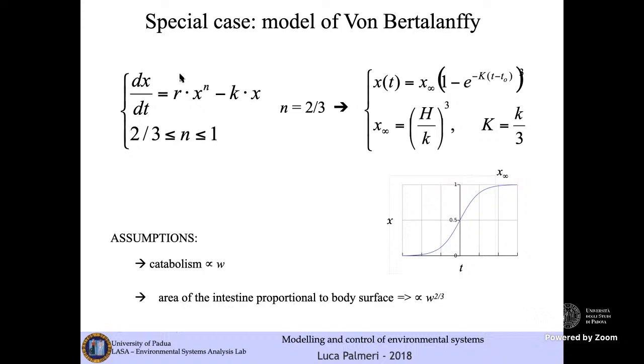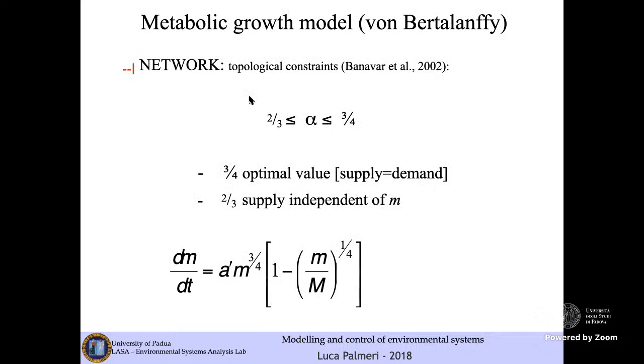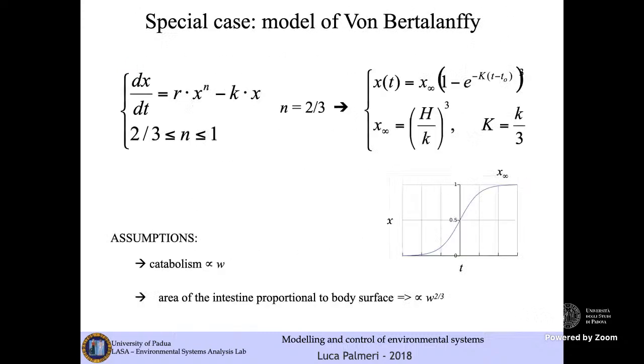In this case, von Bertalanffy recognized that there was a dependency on the state variable x, in particular the weight of the animal, and this dependence may be made through a power n in the case of the growth part, and maybe a dependency directly on the weight in the case of a growth limitation. Von Bertalanffy discovered that the exponent in this case for an optimal growth animal was 2/3, and he explained this through